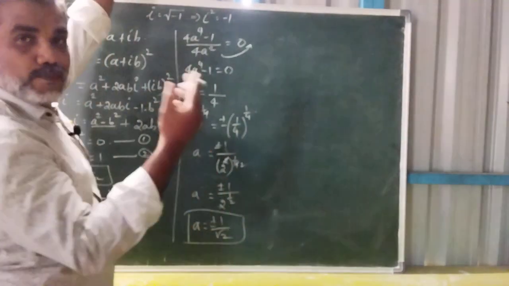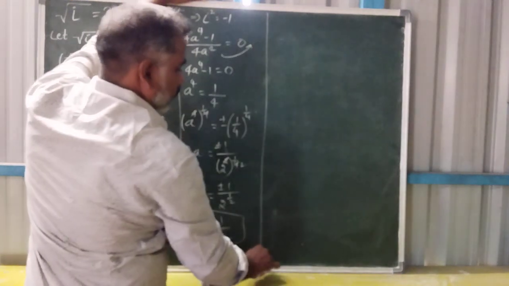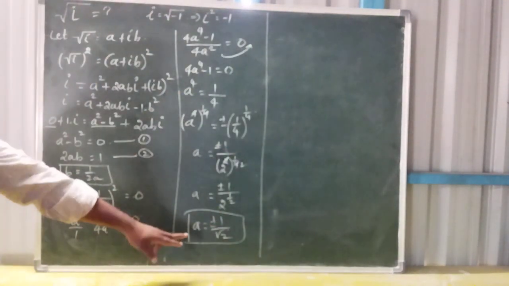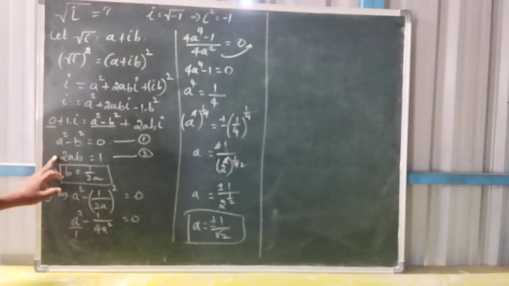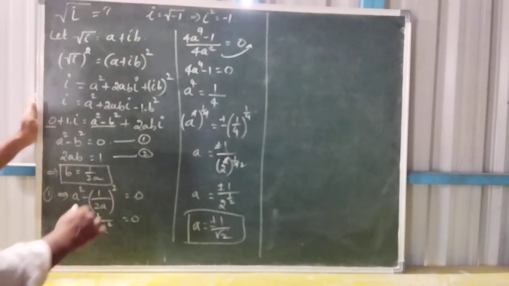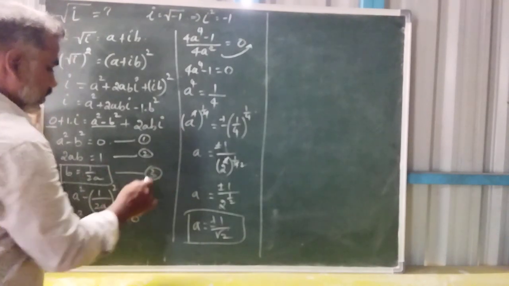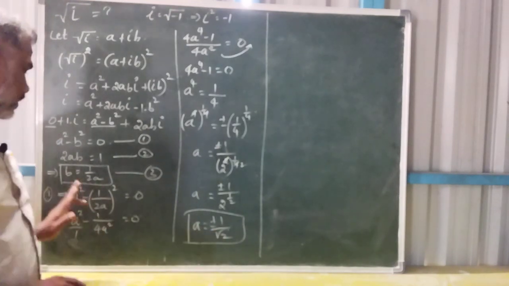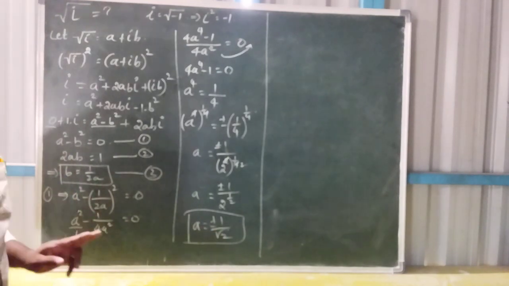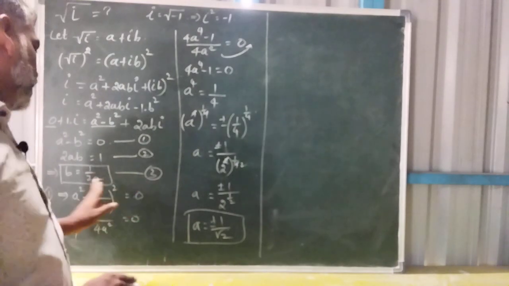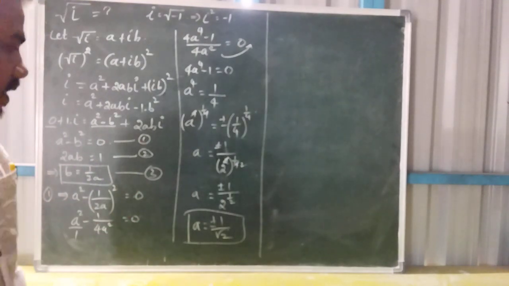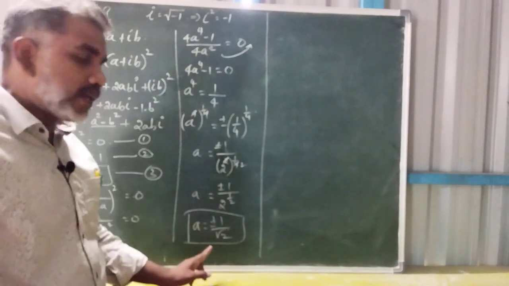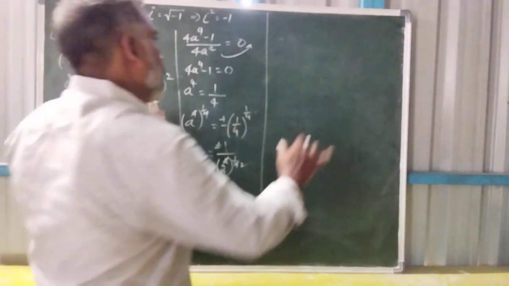Now we have to find the value of b. How can you find the value of b? By substituting the value of a in equation 2, or in this place. Actually, if you are considering this as 3, we can substitute in 3 also, no problem. So taking a's value, plus or minus 1 by root 2, and substituting in the third equation, I will get the value of b. But a has two values, because plus 1 by root 2 as well as minus 1 by root 2. So first take a equals